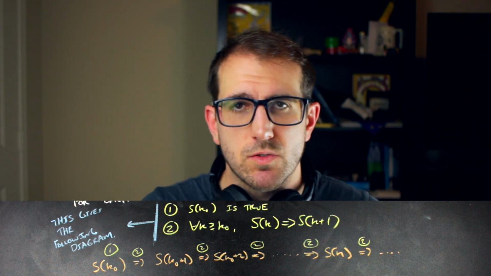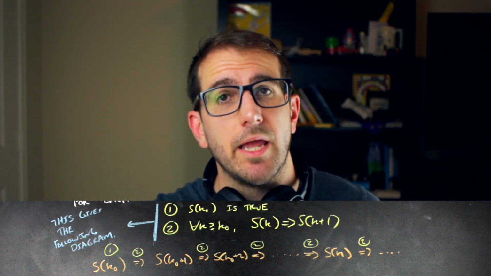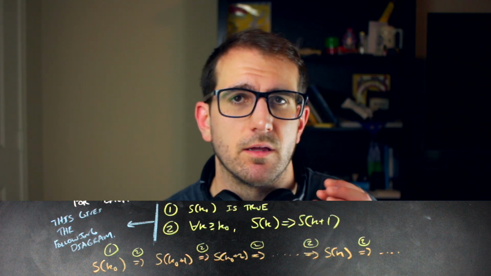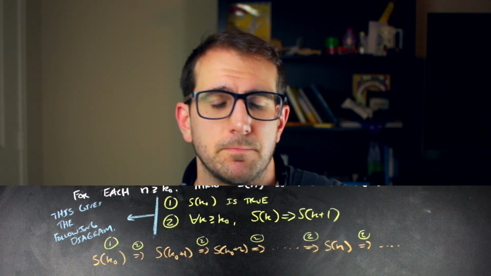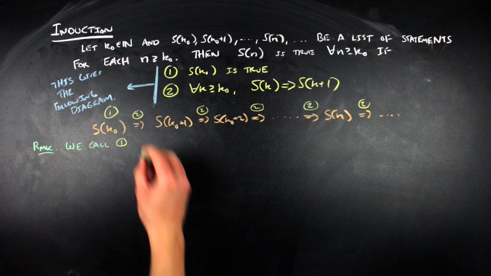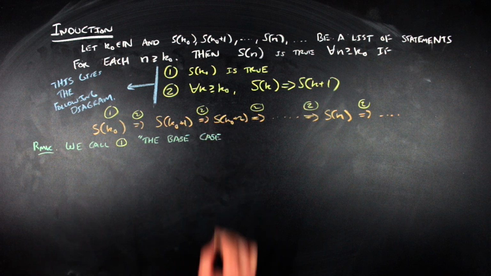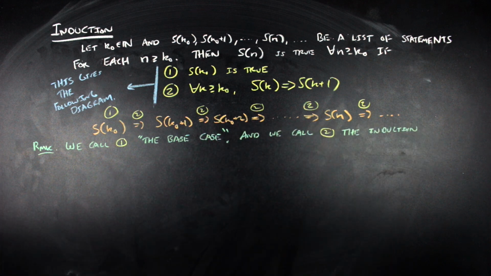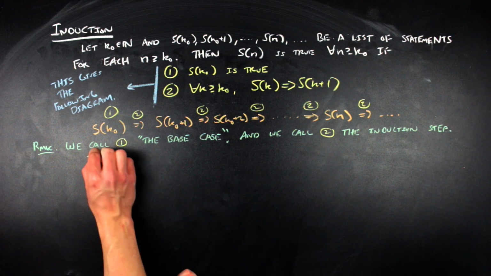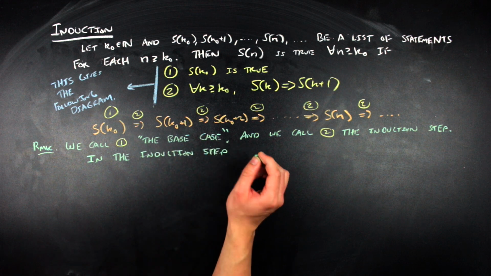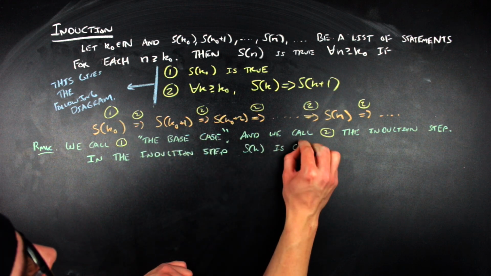And then you can build this row of implications by using the second thing that is a part of induction. Now, we often call the first thing the base case because it starts off this chain of implications. And we call the second thing the inductive step, or the induction step. And the thing to note about the induction step is that the hypothesis of that implication, the S of k in that second thing, is often referred to as the induction hypothesis,